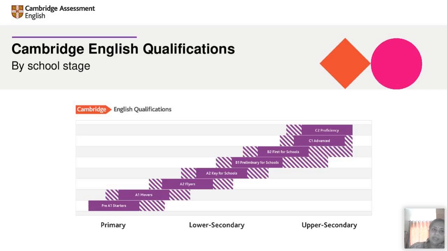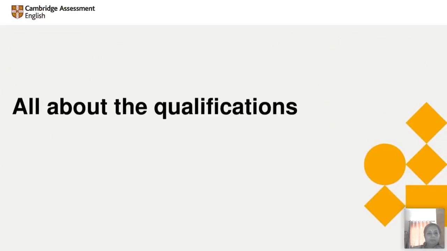But again, these are only reference points, and what you should keep in mind is how each learner uses and understands the language and is able to use the language for processing and then respond. So the initial assessment to be done before taking a qualification is very, very important. And that assessment has to be done either by the parent or by the teacher. And then slowly you can use the further levels to progress more on this language. So we're going to see a little bit more about the qualifications that are available in detail.